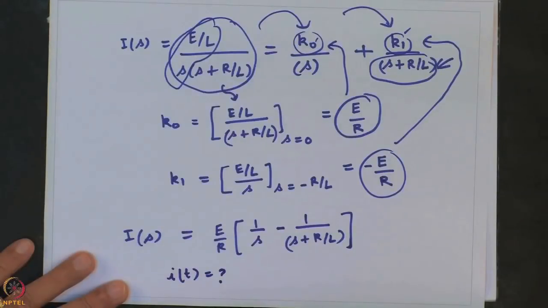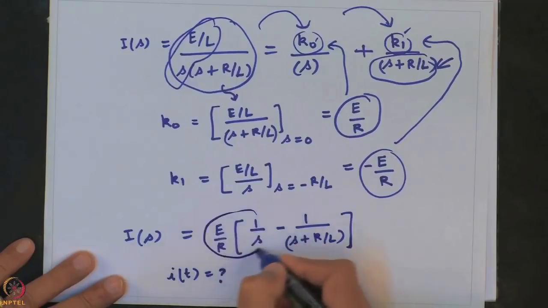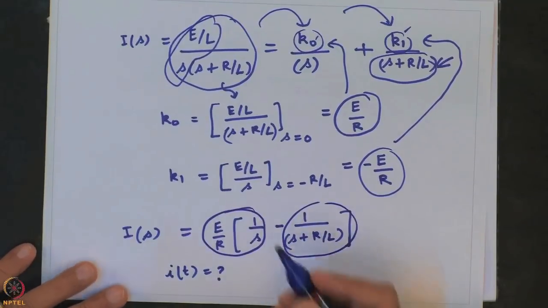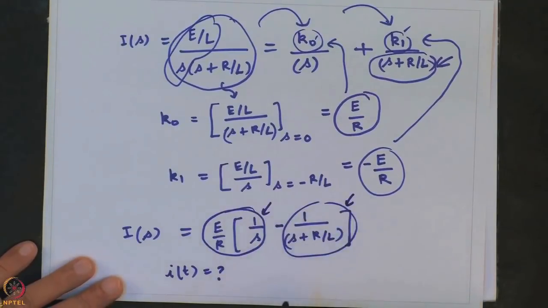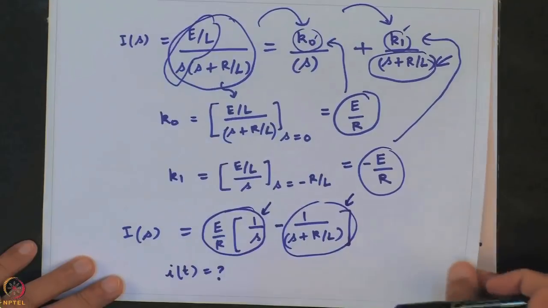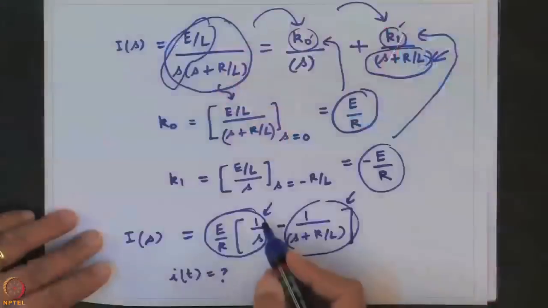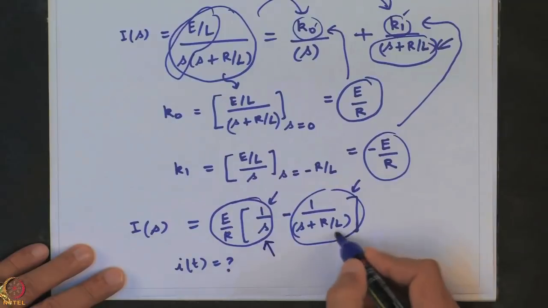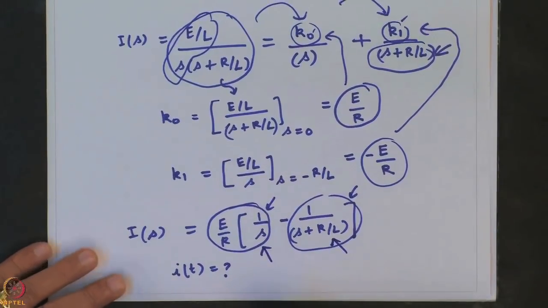Coming back to our objective, we want to find out from here what is I of t. All I need to do is, I have now these two expressions, and these are very nicely identifiable with a set of similar expressions available in standard tables. Usually people find the Laplace transforms and inverse Laplace transforms of some very common functions and put them in a table. I will show you such a table. Now you can identify the inverse Laplace transform of this term and this term. It can be very easily verified that